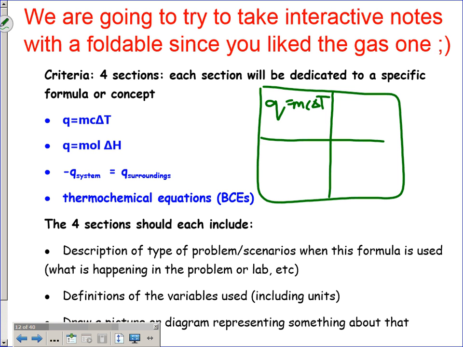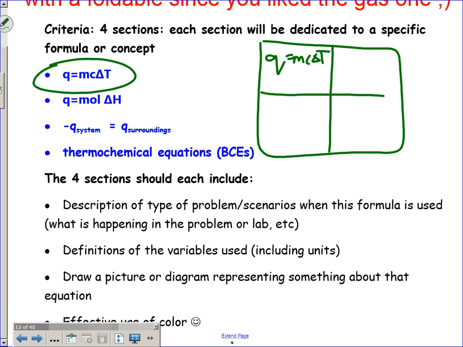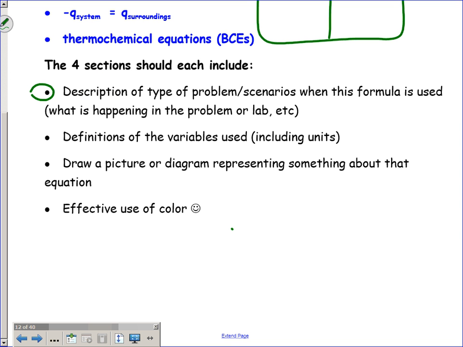Alright, so we're going to walk through the rest of this in a second, but that's the first quadrant. And like I said, I'm keeping it on the board, but it's also on the link on your Google Doc that you've been working from so far. So what we're going to put in each section is a description, the formula, then the description of the type of problem that equation will be utilized for, just to give us some context on when we should use these equations. The definitions of the variables, including units, so that we're clear on what units describe which variables,